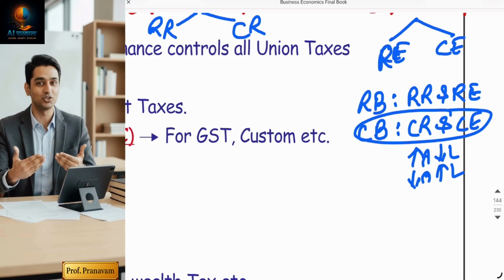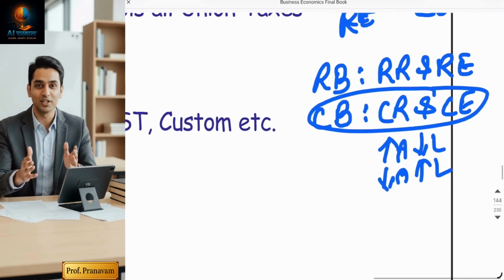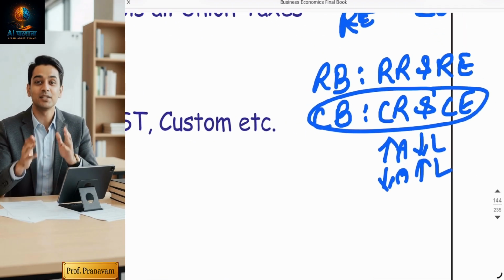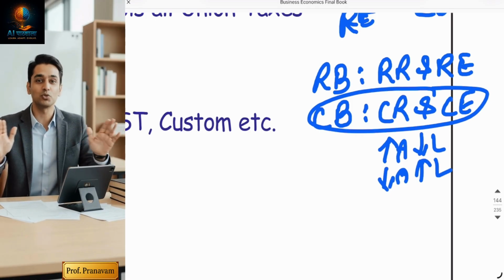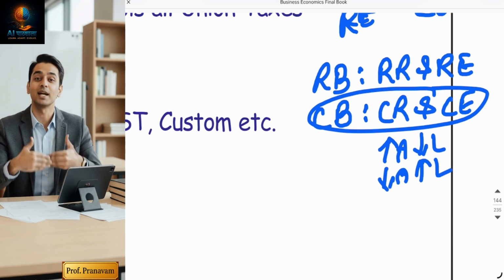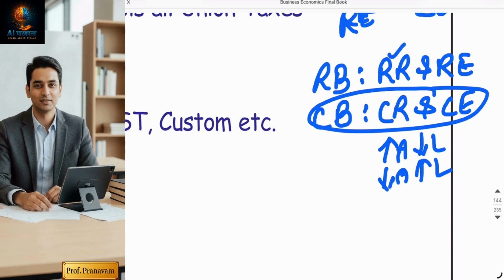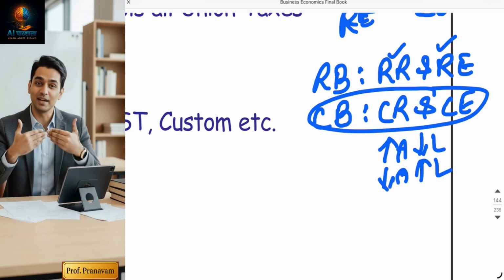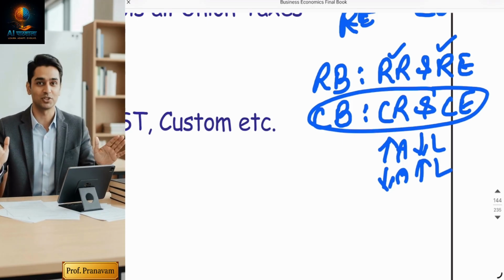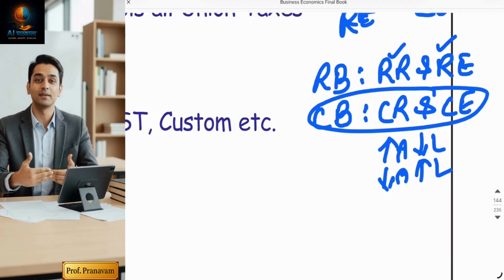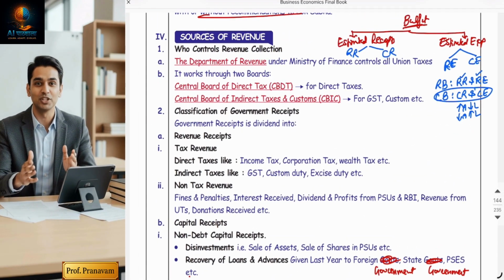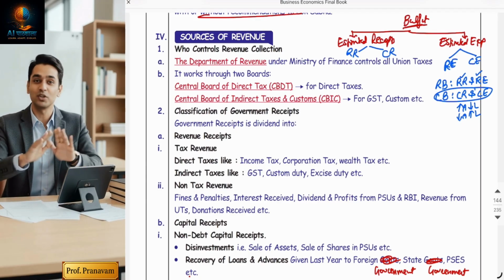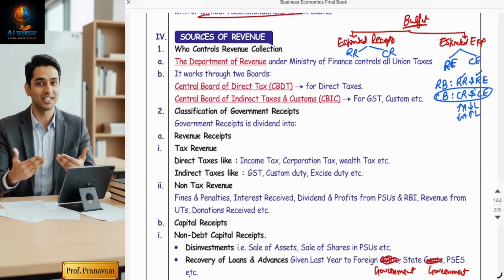Now, there is no definition for the revenue items. In India, the definition is always for capital. What is capital receipt and capital expenditure? If you ask me what is revenue receipt and revenue expenditure, then the answer is any transaction which is not a capital receipt and capital expenditure is called revenue receipt and revenue expenditure. So those who know capital items, they know revenue items. We never study true and false both. We always study true, and false we automatically understand. Are you getting my point?